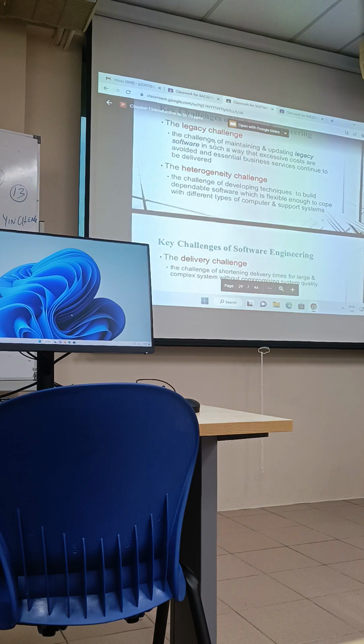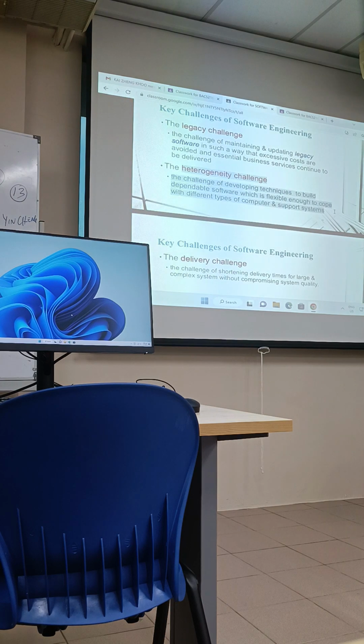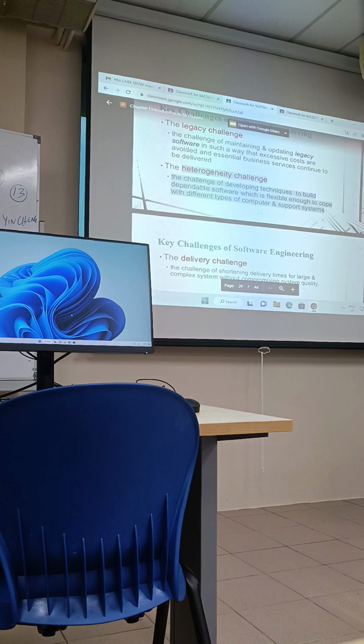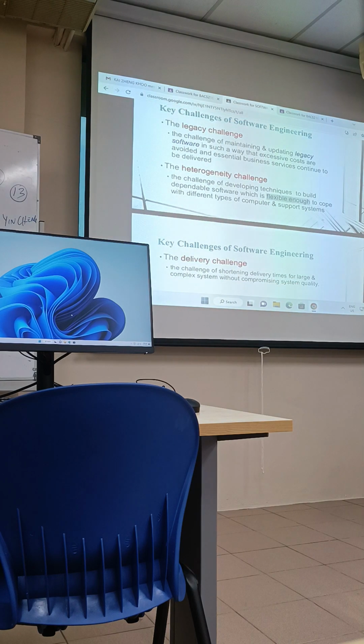It is a challenge for you to develop software that is very flexible. You need to develop a banking software, maybe a library software, or point of sale software. You do not know what software your customer asks you to develop. But the software that you develop needs to be very flexible. It can be installed and supported on different platforms and different hardware.